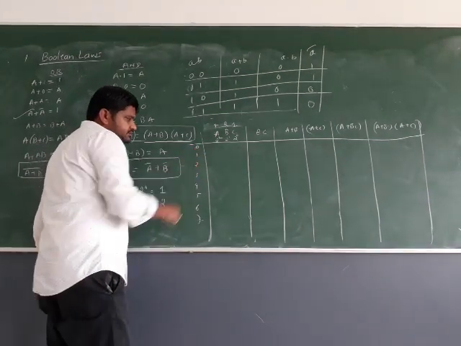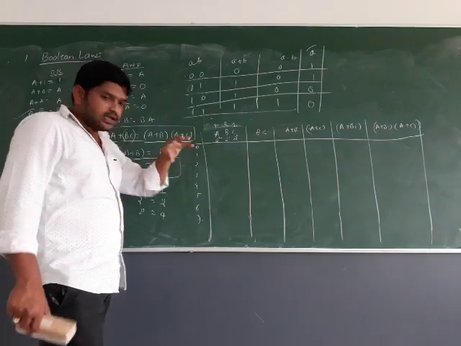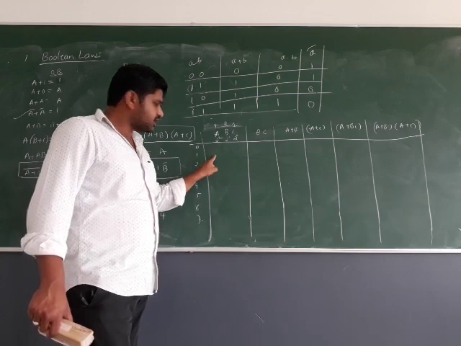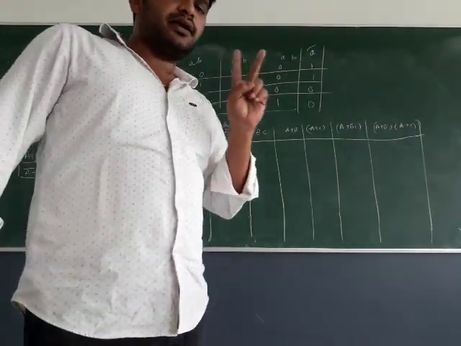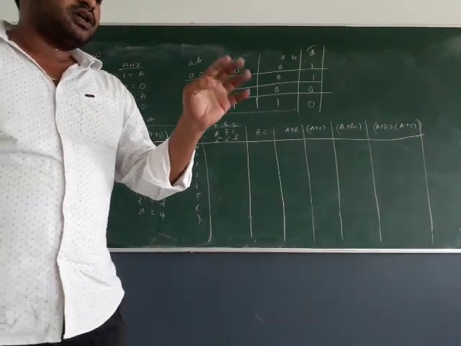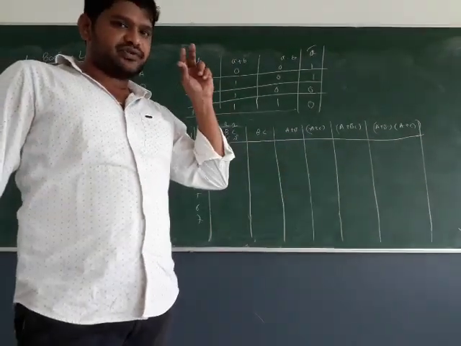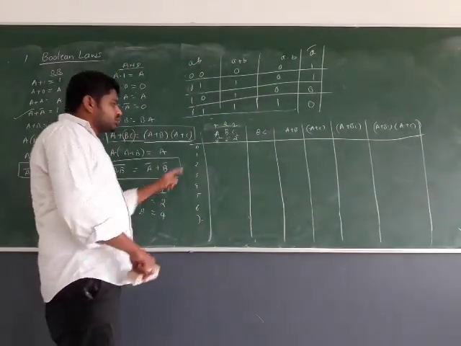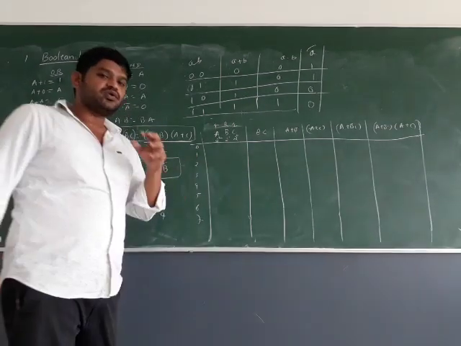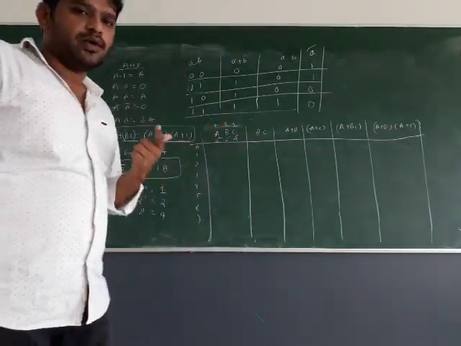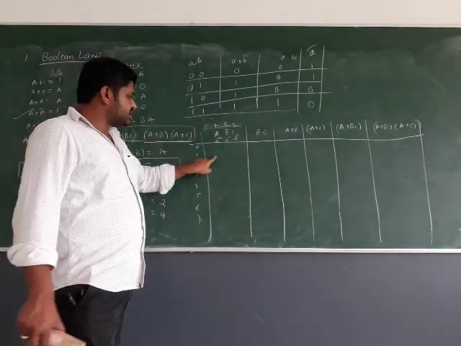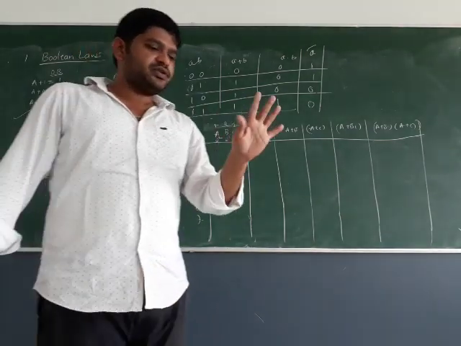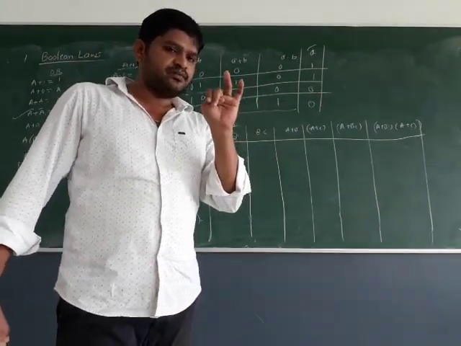I will skip this. Please concentrate. Here I can write two symbols: one is 0 and one is 1. 0 means I have not picked that stone. 1 means I have picked that stone. That is the assumption. This left side is what you have to prepare, a combination. So you have three stones: one is 4, one is 2, and one is 1.